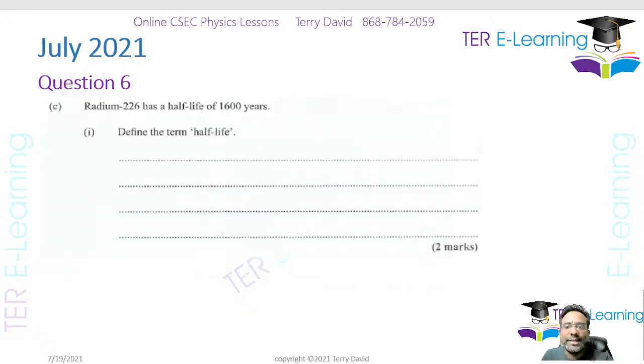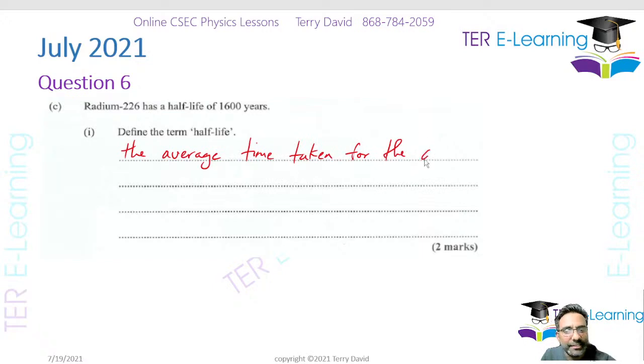Next part, radium-226 has a half-life of 1600 years. Define the term half-life. Now, half-life has an easy definition, yet a lot of students end up writing basically nonsense. So half-life is the average time taken for the activity, now you could use activity alone or number of atoms, so it's the time taken for the activity or the number of atoms to decrease